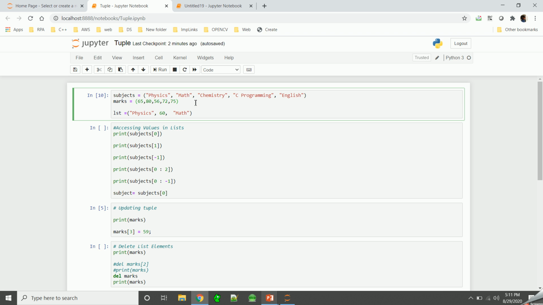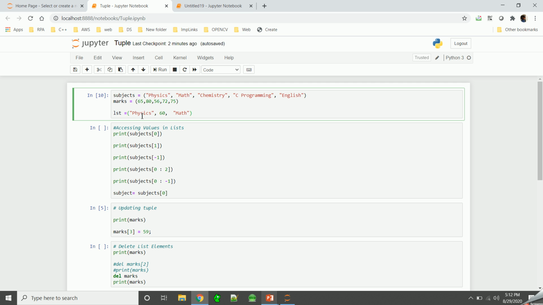Here I have created a tuple, which is a sequence of data. Basically, a tuple is a sequence of data placed between parentheses. This is the opening parenthesis and this is the closing one, and all the elements have to be separated by commas. Next we have another tuple whose name is marks, and it contains all integers.